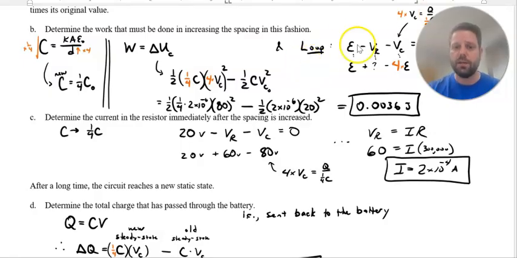But since there was work being done, that is instantaneous, and that's going to then increase the voltage in the capacitor by a factor of 4. That means it's going to be 4 times the voltage across the battery with that added energy from us increasing the spacing. That would mean that we're going to end up having to have